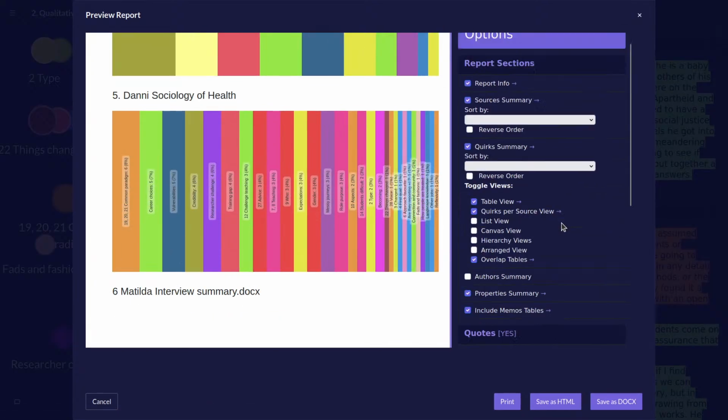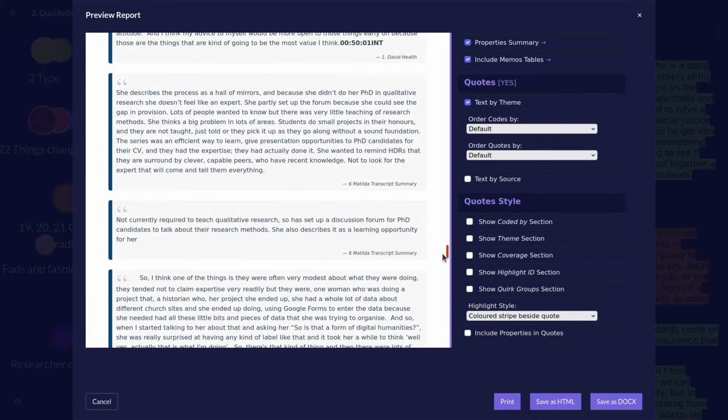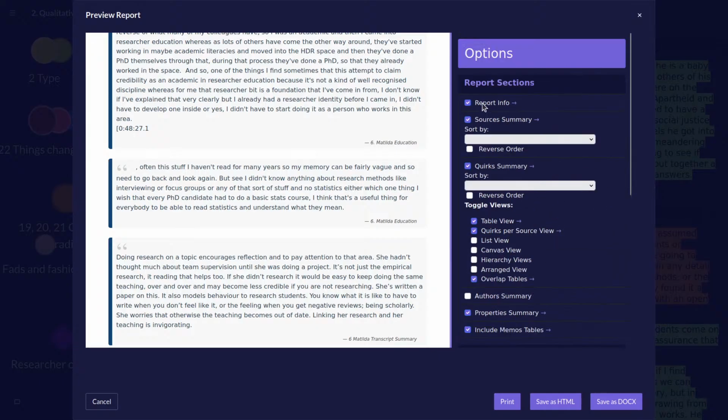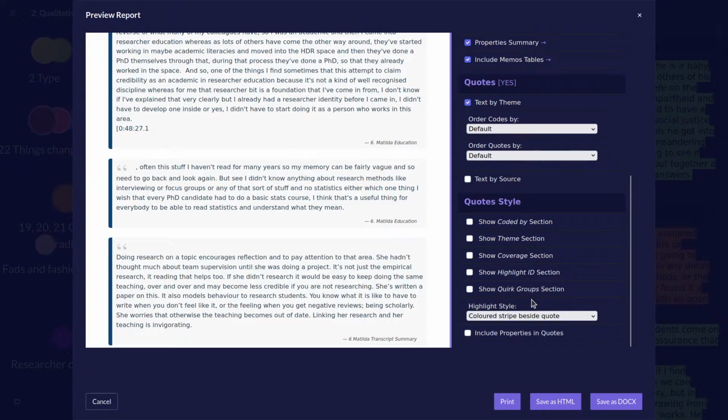Now all of these different views, visualizations, and also different ways of sorting the data here are all customizable. So each of these are optional sections that you can turn off and on. If you don't want to see them, you just untick them. And then there's also the option here to customize the layout. I'm not going to go into all these different things as well, but you can get the report customized in